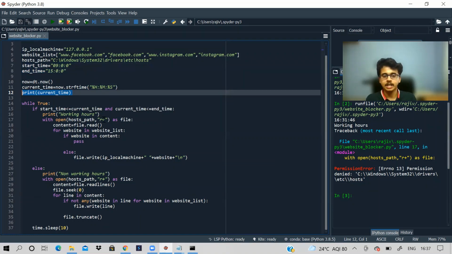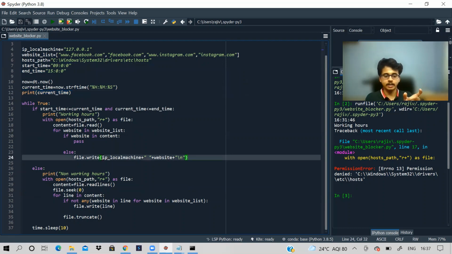If we are, we open the file and see its content. If any website we want to block is already present, we pass. Otherwise, we write the local IP of the local machine plus a space plus the website plus a newline. Like this we write. So we have written to the host file.